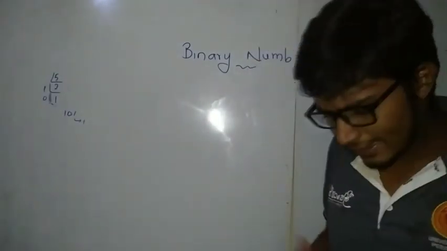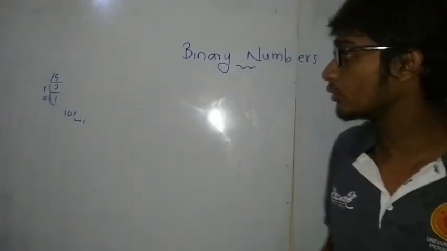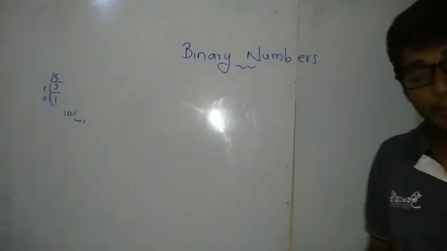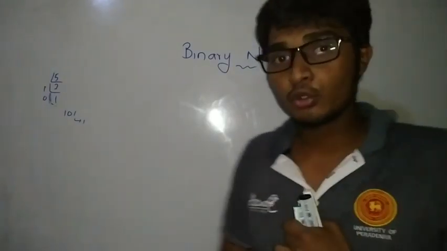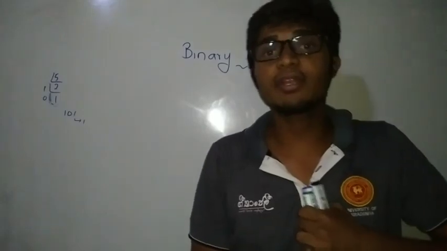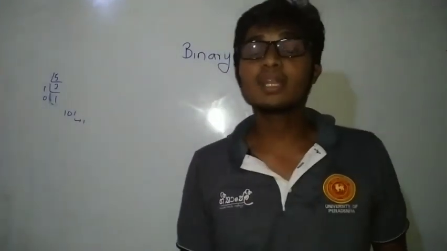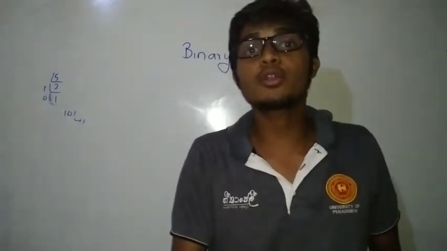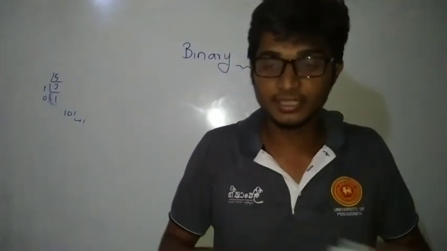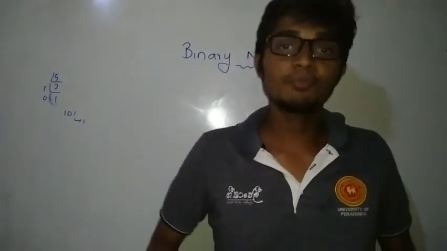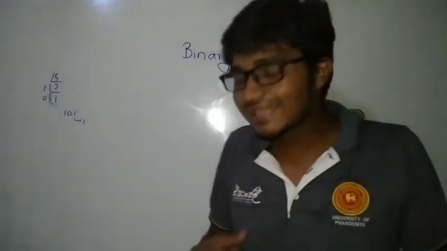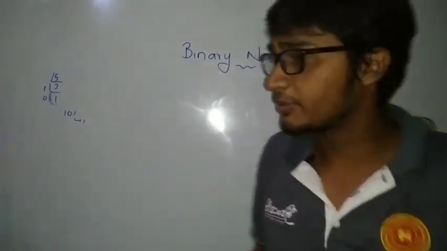Today we will learn a little bit deeper on these binary numbers. Number one, if you have been given a binary number, how to convert that into decimal. And the next one is, if you have a decimal number, how are you going to convert that into binary. These are the two things we are going to learn. Let us consider 2 or 3 problems in that.